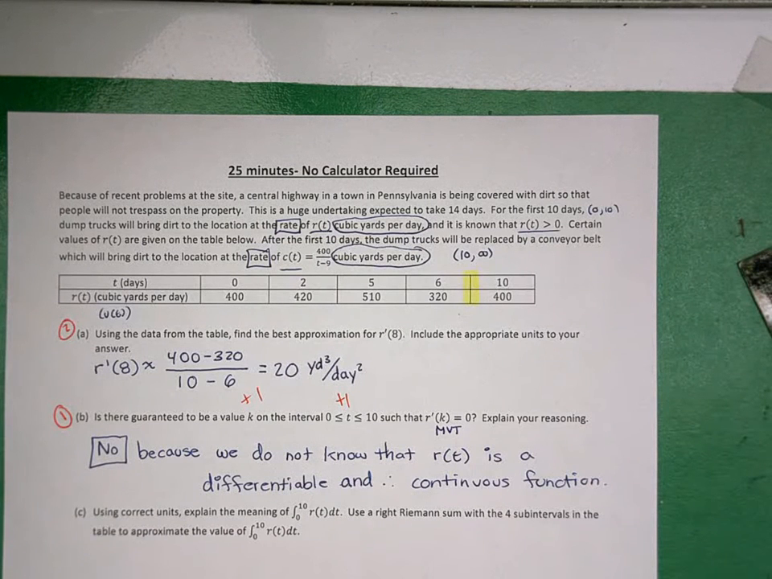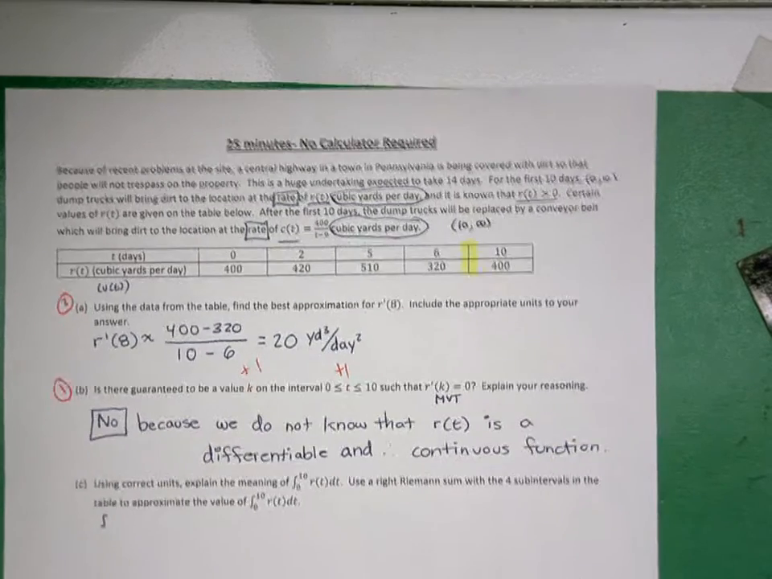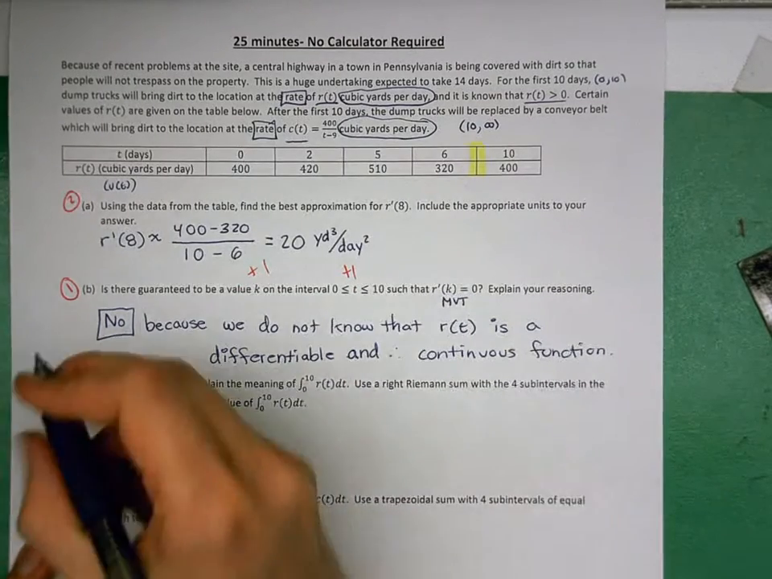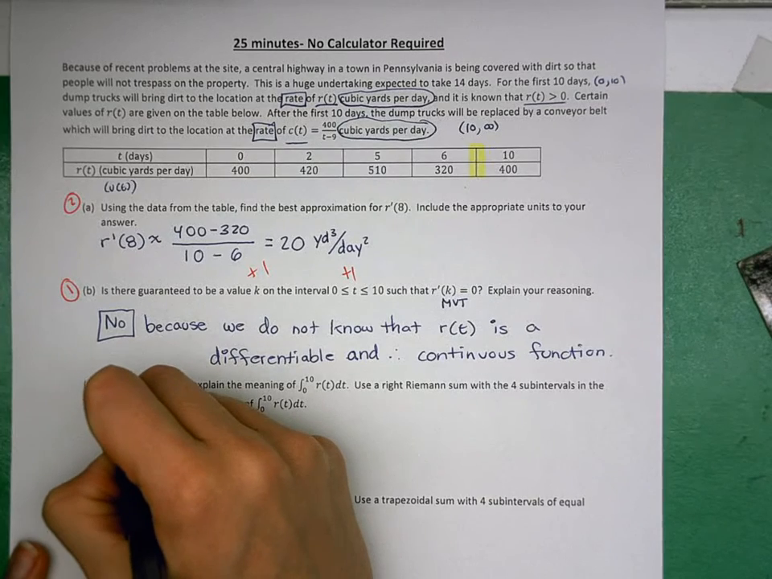Okay, C, we have using correct units, explain the meaning of the integral from 0 to 10 of r of t dt. Use a right Riemann sum with the 4 subintervals in the table to approximate the value of the integral from 0 to 10 of r of t dt. Okay, so let's go ahead and explain our meaning first. So let me slide this up. The integral from 0 to 10 of r of t dt